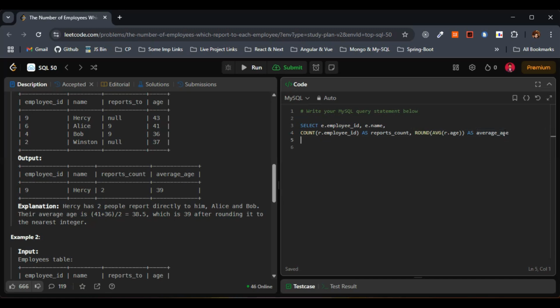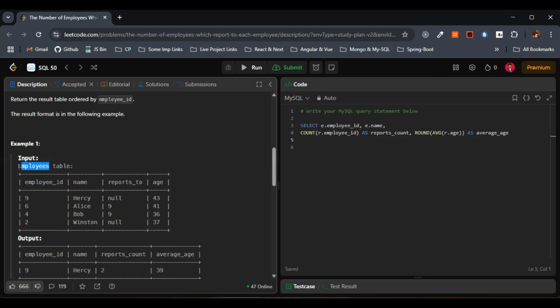Next, where are these things coming from? These things are coming from the employees table. So let me copy this one and make use of the from keyword here. Employees E. If you remember the approach that we discussed, I said in the first step itself that we'll be making use of the left join, or the self join, to match the manager with reports, right? So I'll give here left join